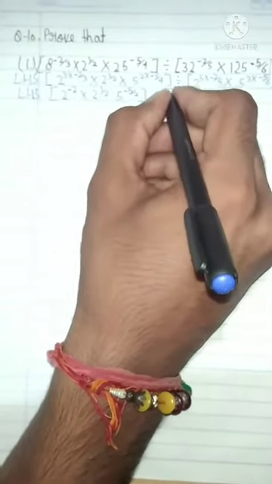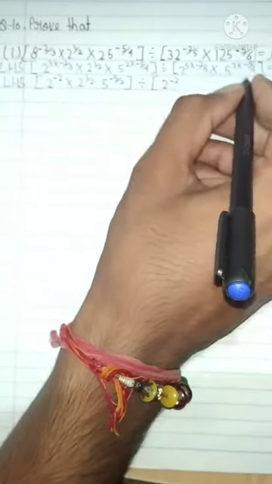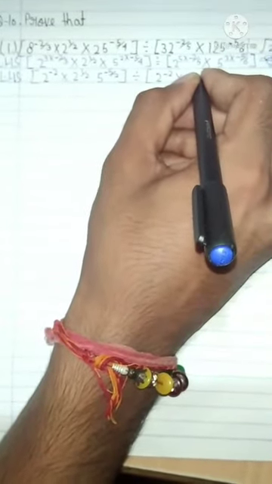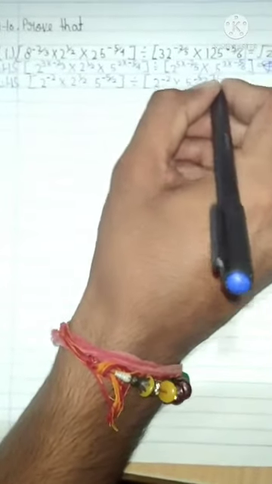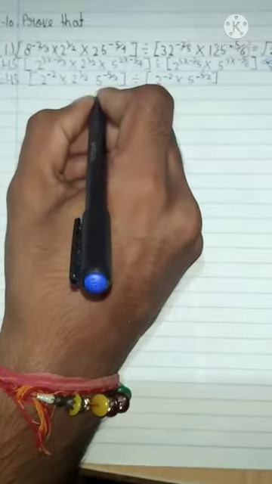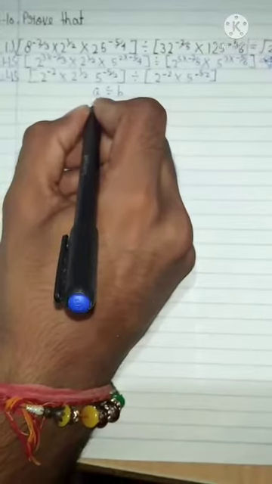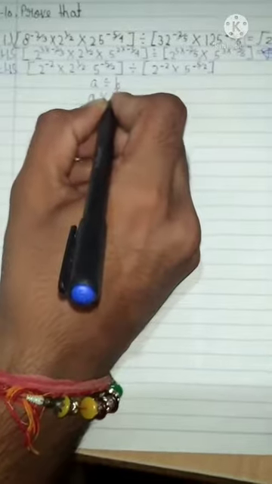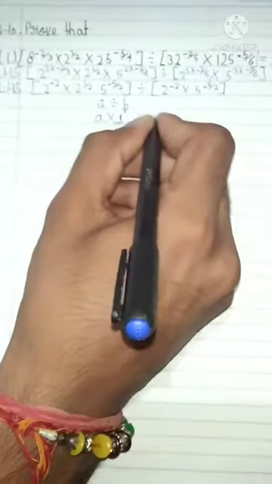Divide by this 5, cut this 5, then it becomes 2 के पावर minus 2, and this 3 cut this 6 in 2 times, then it becomes 5 के पावर minus 5/2. And if it's given in this a divided by b, you can also write by reciprocal. Suppose here the denominator b is 1, you can change in multiplication by reciprocal of b, a equal to, then it becomes a upon b.